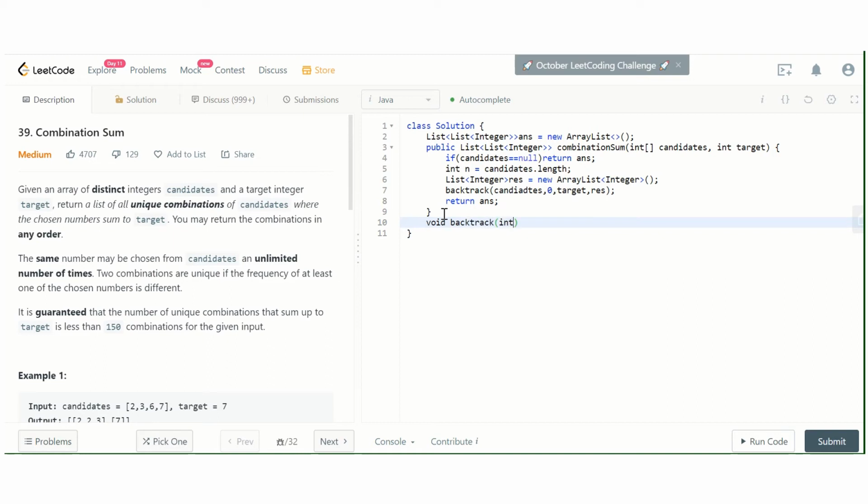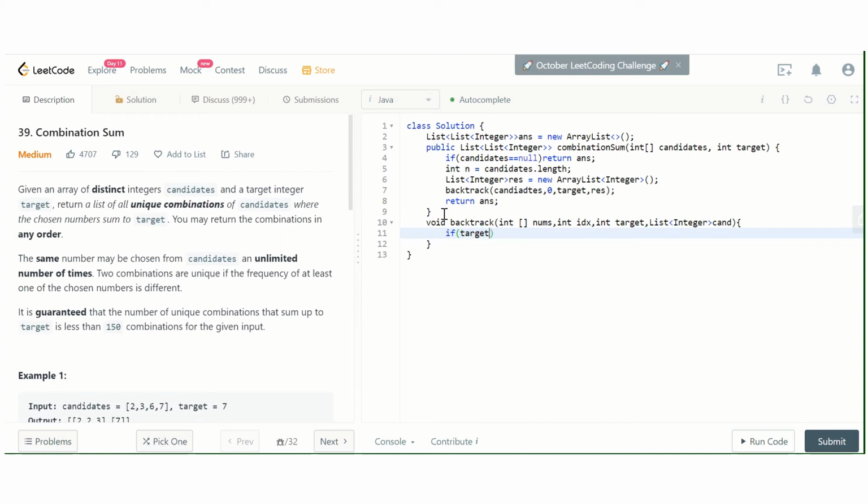Backtrack: int array nums, int idx, int target, and list of integers candidate. If the target is 0, then we know that we have to add those candidates to our solution set.